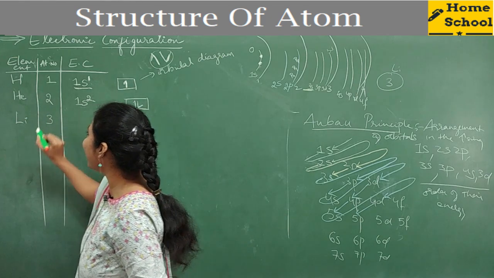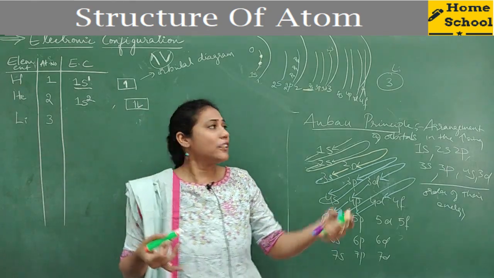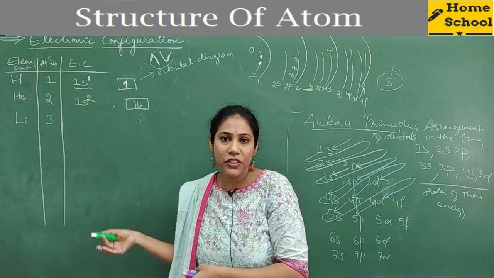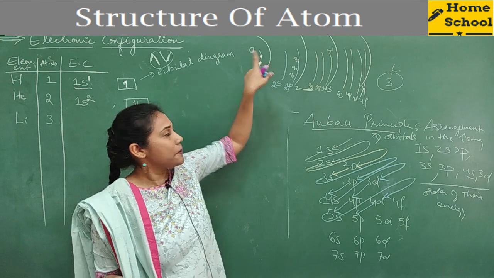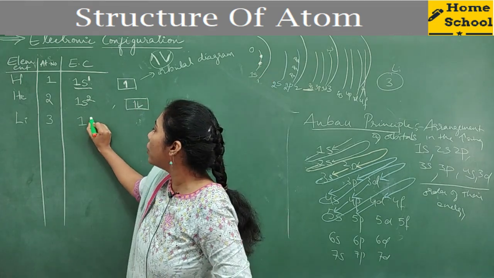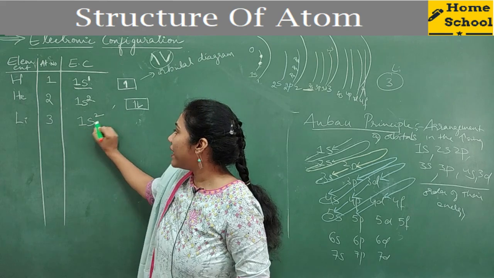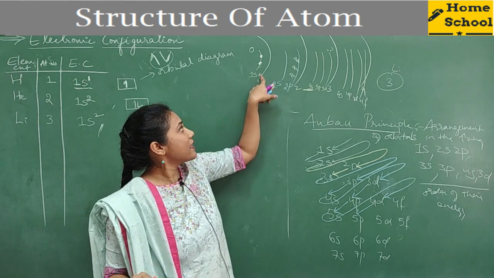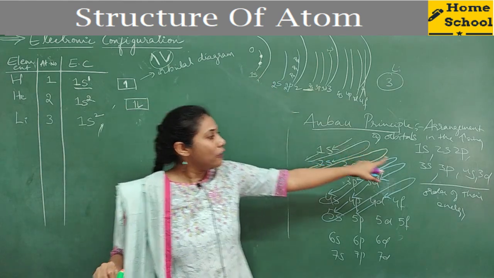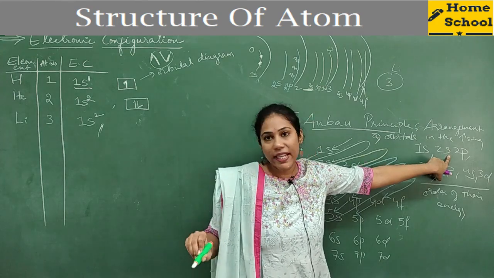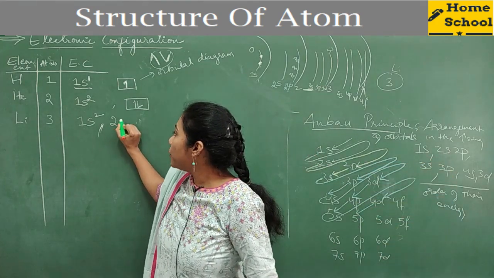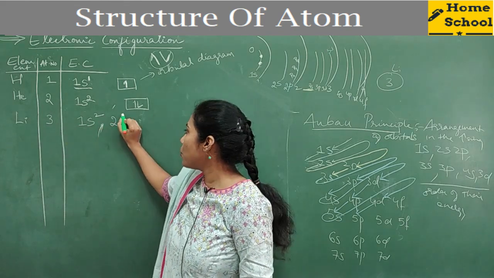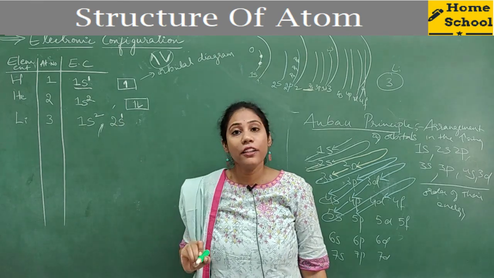Fine. And coming to the third element, that is lithium. Lithium has 3 electrons. So where will the first 2 electrons go? Lithium also has a first main shell, second main shell, third main shell. The first main shell has the 1s subshell, so the first 2 electrons will go to the 1s subshell only. So 1s2, it is completely filled, and put a comma. After one main shell is completely filled, you have to put a comma. Now the third electron must go to the 2s subshell, right? Among 3, 2 you have already put in 1s, so 1 electron you have to mention under 2s.